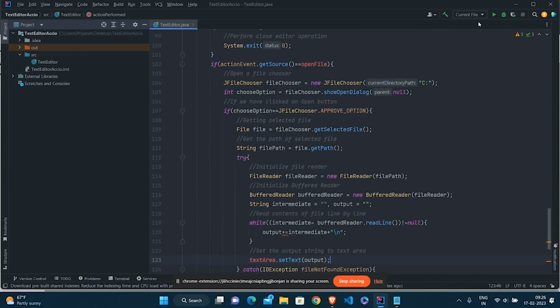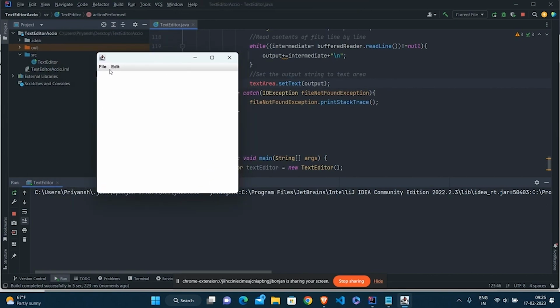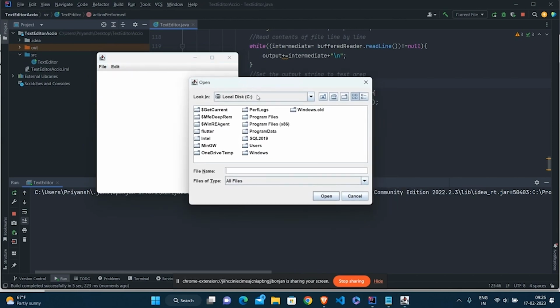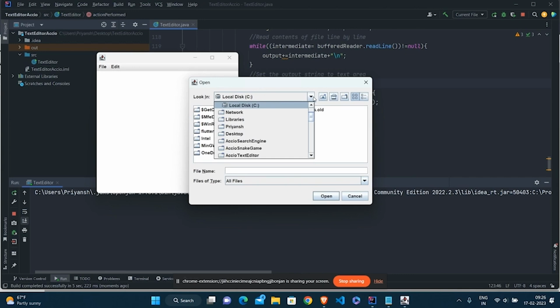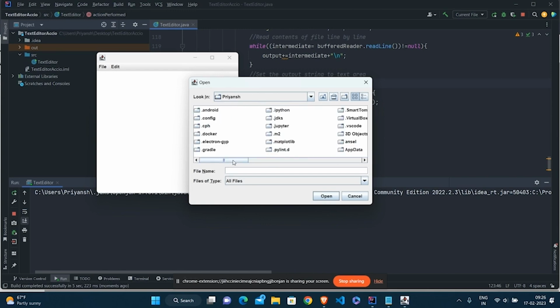Let's see if it works fine or not. Now I have opened my text editor, and when I go to open file, it opens up a file picker. It opens in the C drive by default, which is what we have provided here. Now let's go to some file that we can display.